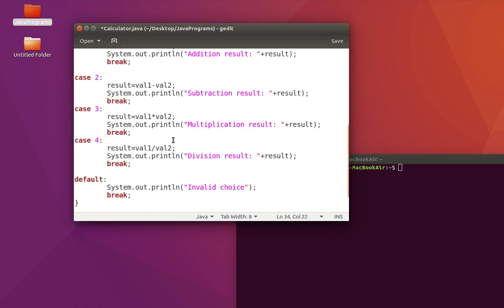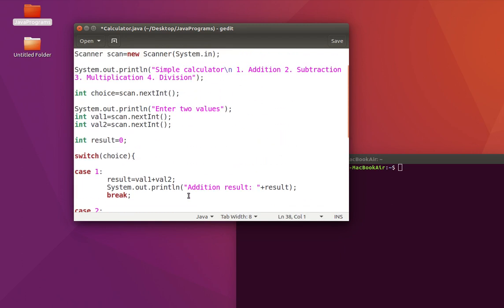So that is why it is important to have a break statement in every single case. Look at this. Now we have completed this. So we have completed addition, subtraction, multiplication and division. Finally, for any other input, it has to give us a message saying invalid choice. Let's save this program